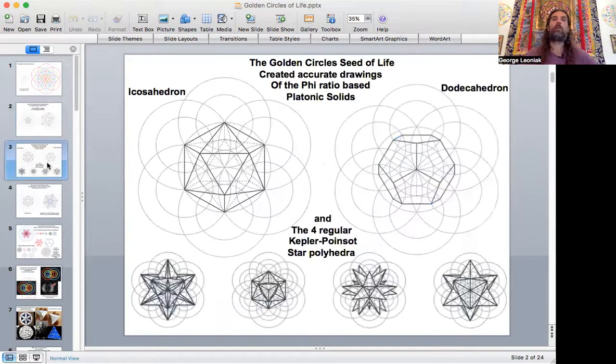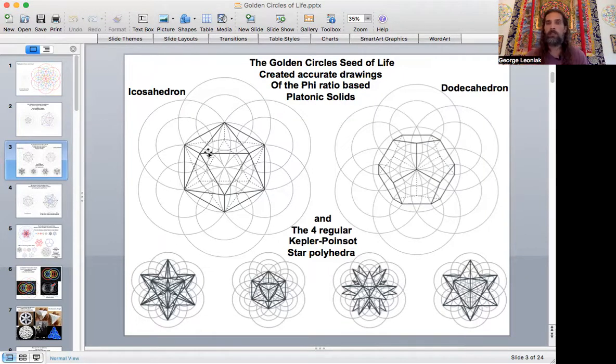So here are these forms. And this is the icosahedron on the left and dodecahedron over here on the right. And you can see that the points within the diagram are giving us the vertices to construct these in a way that maintains the phi relationship. And that's super important because what that led to was not only showing me how the Platonic solids were going to nest together inside one another,